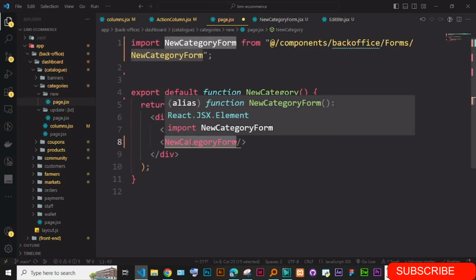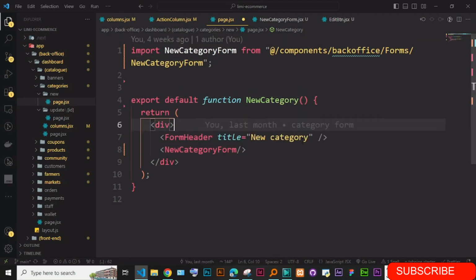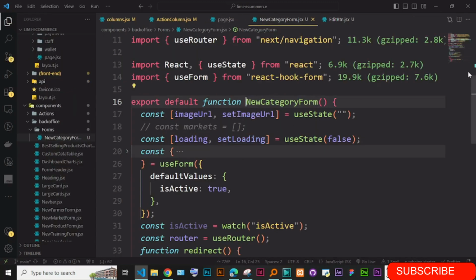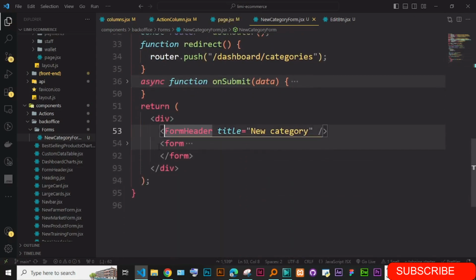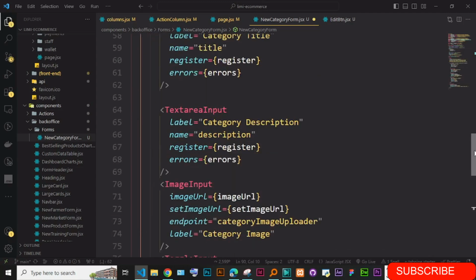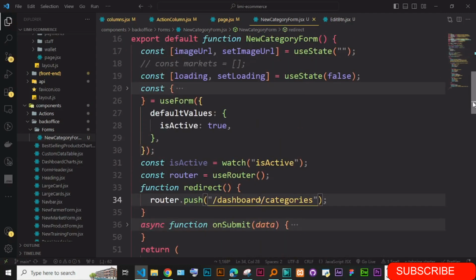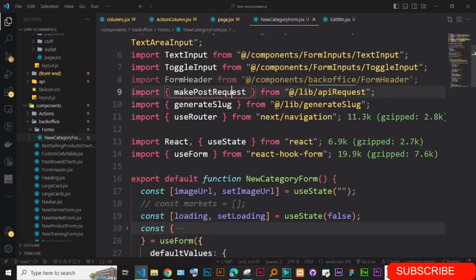The form has to be injected here, and this one becomes a server component. And if I go in the form, I just want to remove this, and we make sure that we remain only with this form. So the return here should only return the form, just like this. Okay, now if I save this,